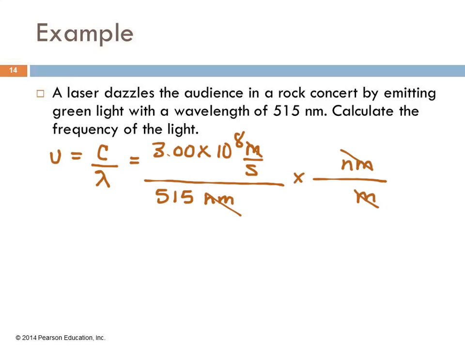So then we have to ask ourselves, what does nano mean? 10 to the minus ninth. So that's 1 times 10 to the minus ninth. So then on our calculator, we've got 3.00 times 10 to the 8th